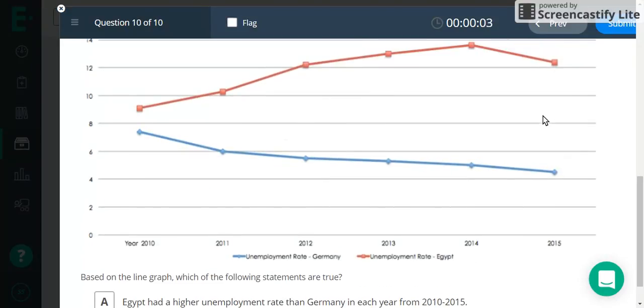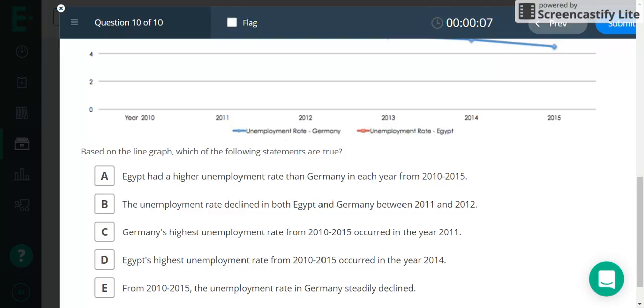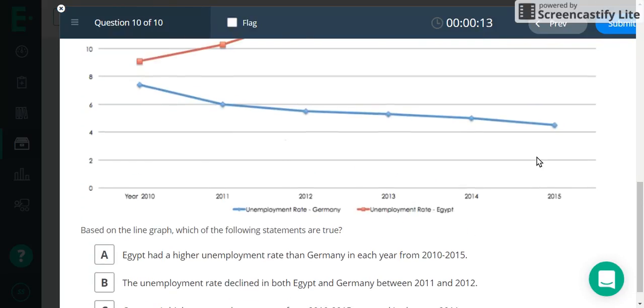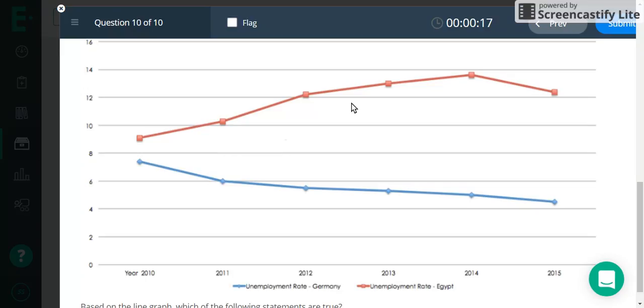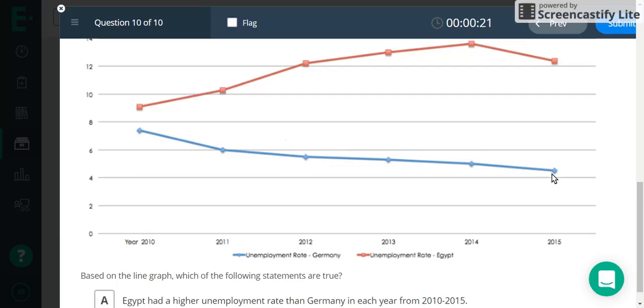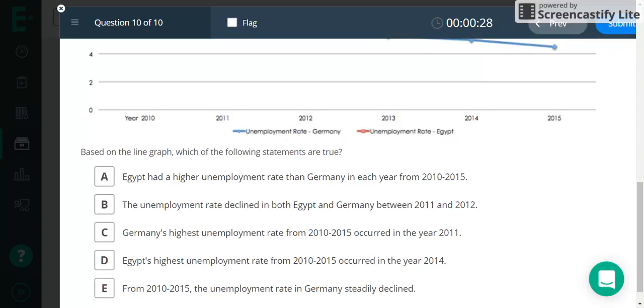The last one here, a little hard to read, but you go through this, there are more than one statement that can be proven true here. You just need to look at it carefully. The blue line is Germany, the red line is Egypt. Notice that Egypt is trending mostly upward except for that last year, and Germany is trending downward every year for unemployment. So look at that carefully to determine which of those